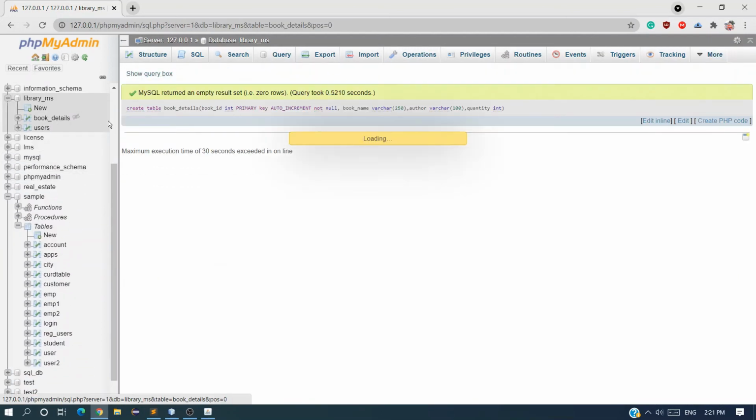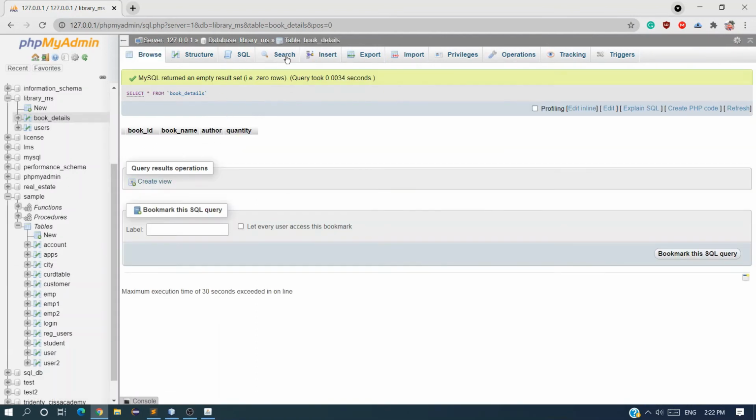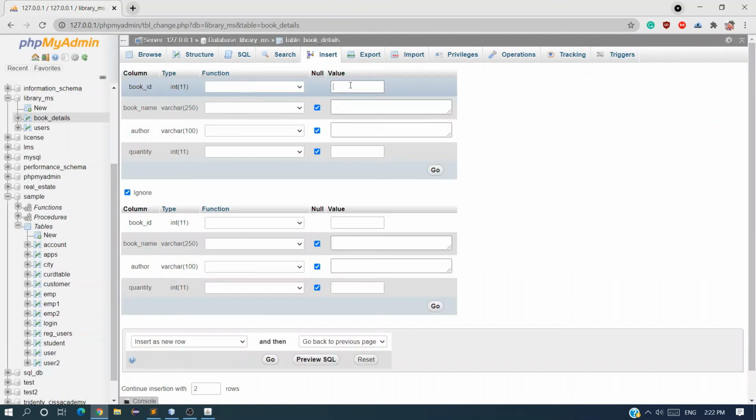Here you can see we got book details. Now I just want to enter dummy data here. Go to insert. For the time being I am inserting this dummy data. One book name is just Java, author is any author, you can say author name, and here quantity is 5.